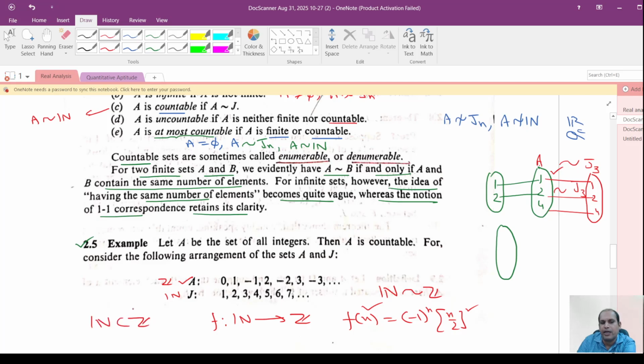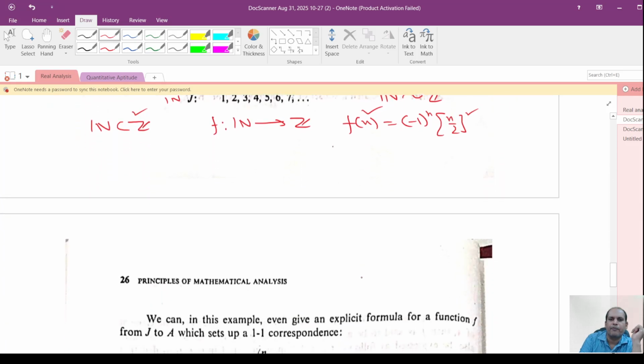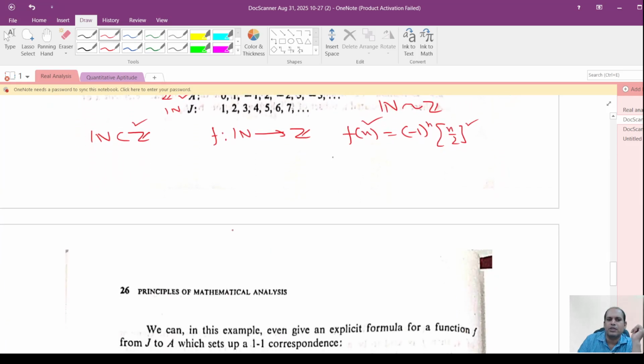So, within an infinite set, it can happen that a subset may be a proper subset of the set, but still both have the same cardinality, both are equivalent. However, this is not possible for a finite set. So, another example I have also discussed is the open interval 0 1, which is a subset of R. The open interval 0 1 being a proper subset of R, but still